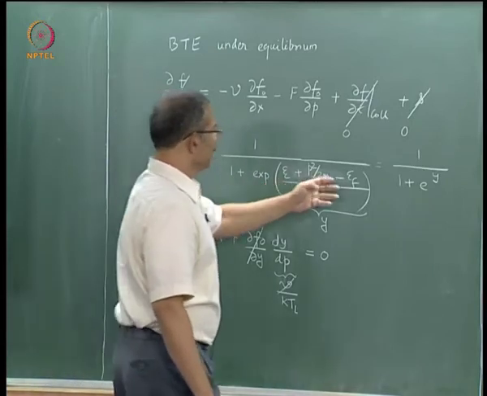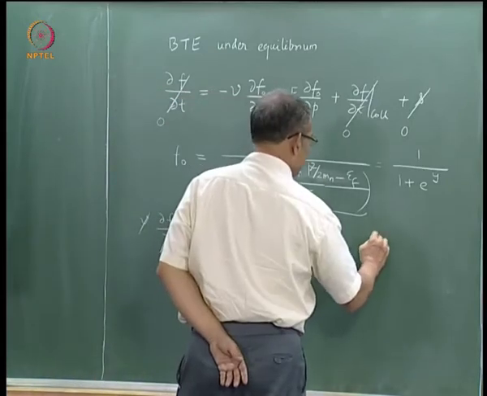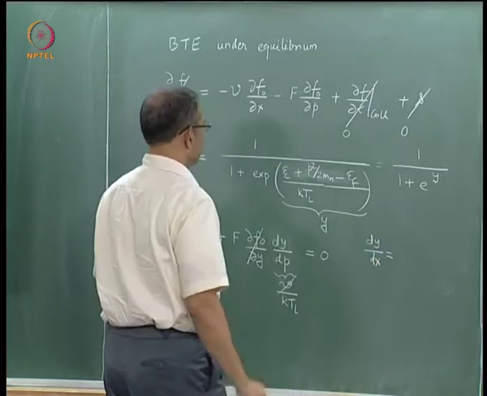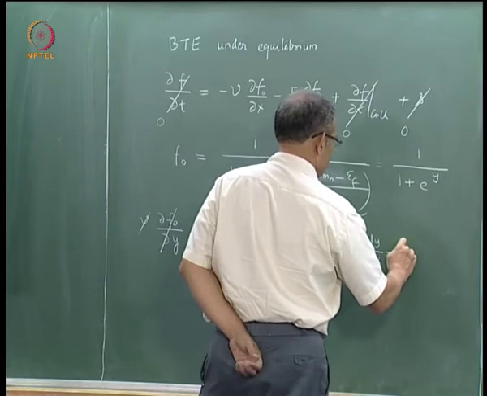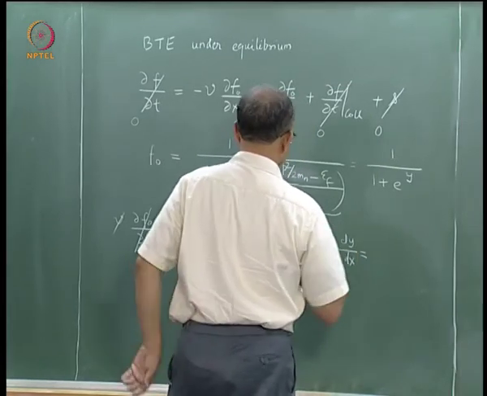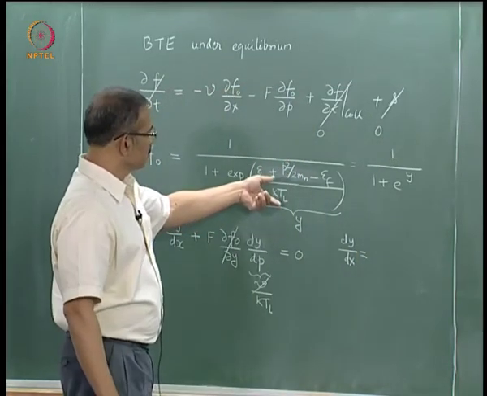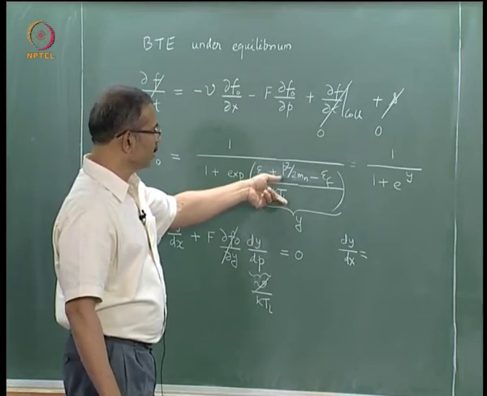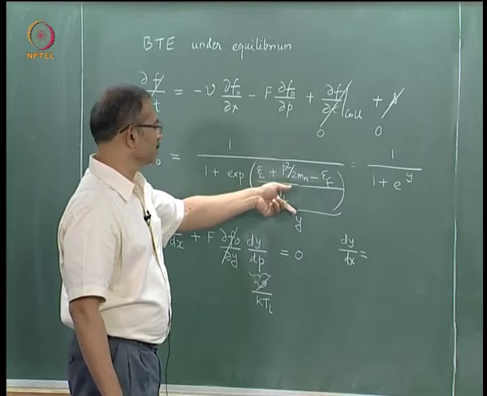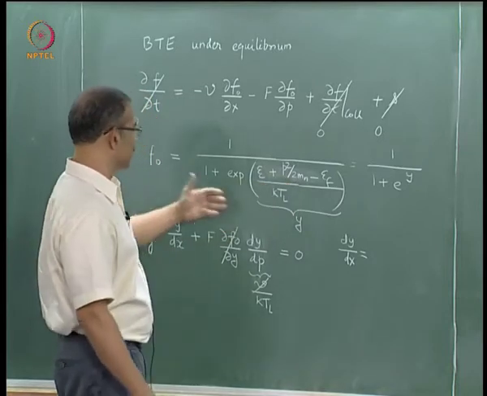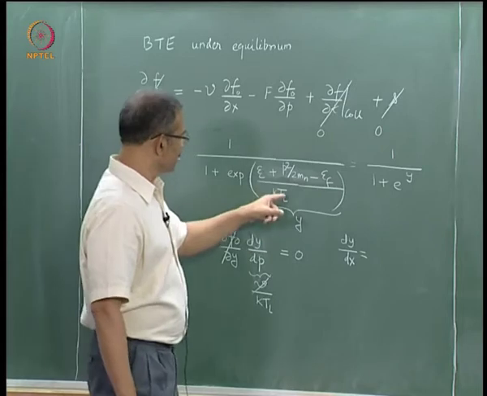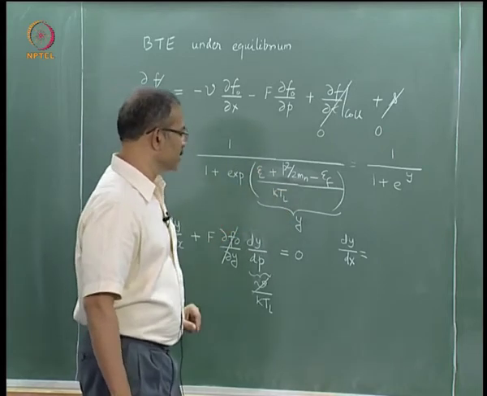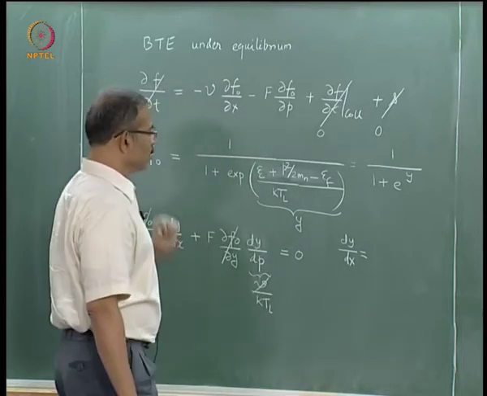Thus the derivative dy by dx would be, now TL also we should allow to be a function of x. Later on we can see that it will not be a function of x because of the imposition of the condition that it should satisfy the equation. But since this is also a function of x, so you have numerator and denominator, so basically product of two terms. So I should be careful while looking at that.